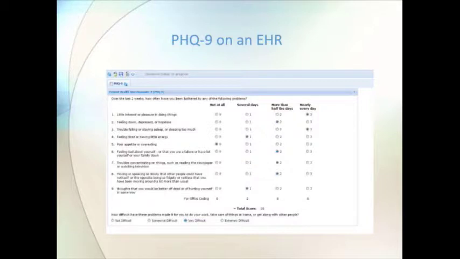Do you feel like you're moving slowly or do you feel like you're moving too quickly? Again, either extreme. And then thoughts that you'd be better off dead or hurting yourself in some way. Obviously, this question would change your management immediately because essentially that's the patient that needs urgent